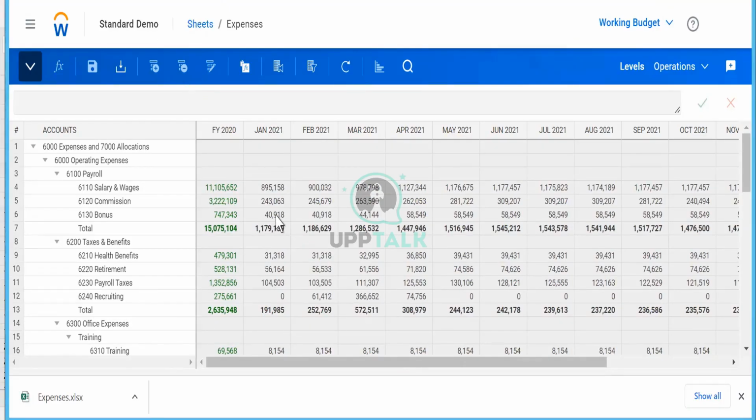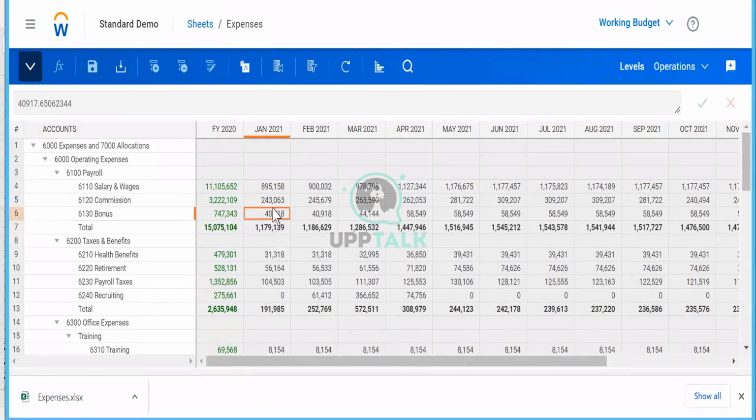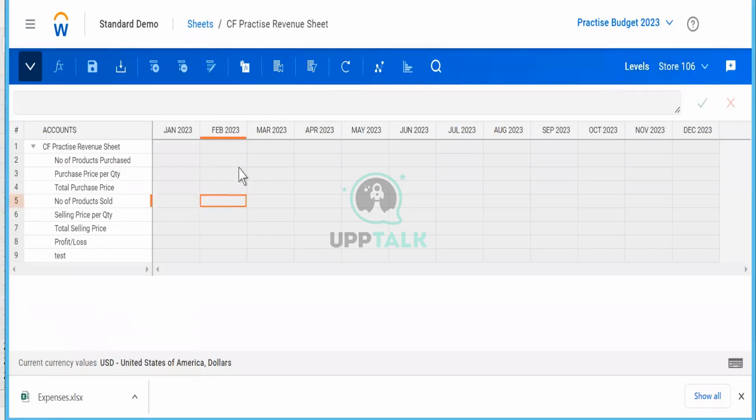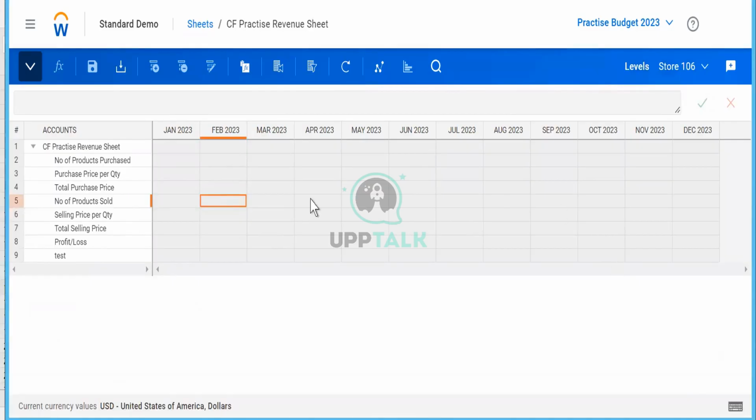Basically, if you want to create a split option here, if you want to bifurcate the data, for example bonus. Suppose there are 3 categories in bonus, 1, 2, 3, and you want to split the data. You can just click on this cell, add a split and create it. Let's see if we have that option here. No, because it is grayed out. We are not able to edit anything in the sheet, so we will not be able to use this option.